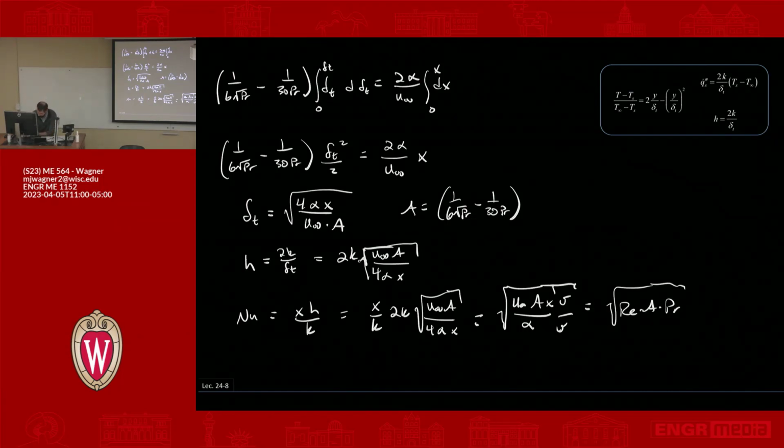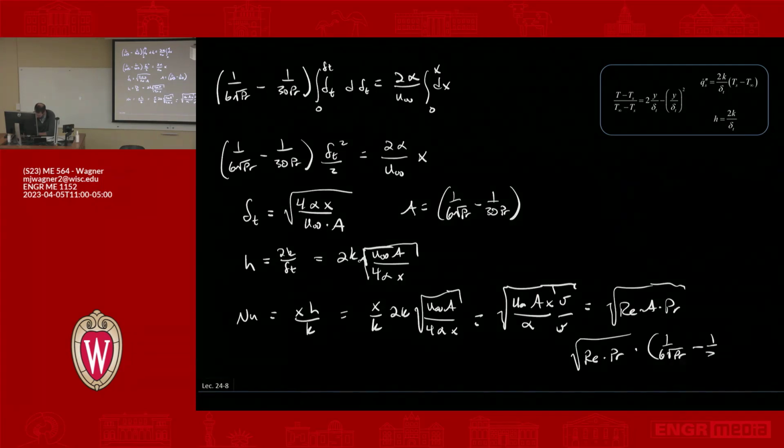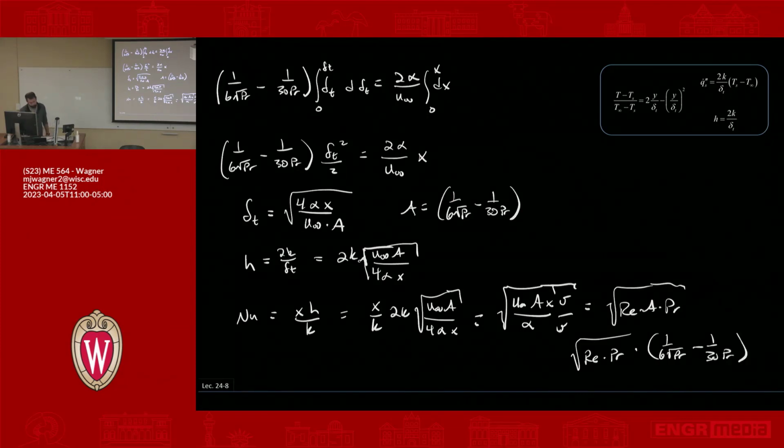Or another way of saying that is, again, square root of Reynolds times Prandtl number times 1 over 6 square root of Prandtl minus 1 over 30 times Prandtl. Okay? That's our correlation, right? If you were to need a correlation for Nusselt number, this is what you would then use. Or correlation is kind of the wrong word, but this is the relationship. So we can compare this to the known exact solution and see how well we did. But there's one thing that I want to talk about before we move on. It's something you'll need for your